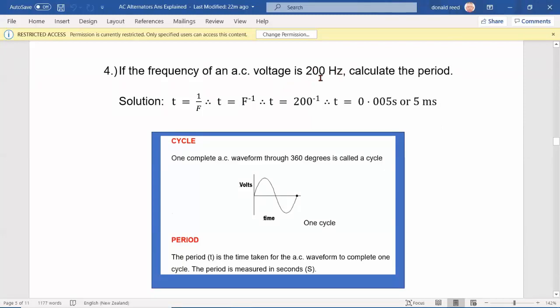That means my frequency is 200 cycles per second. So to find the period, in other words, the time for one cycle, what I must do is divide 1 second by 200. And that will give me 0.005